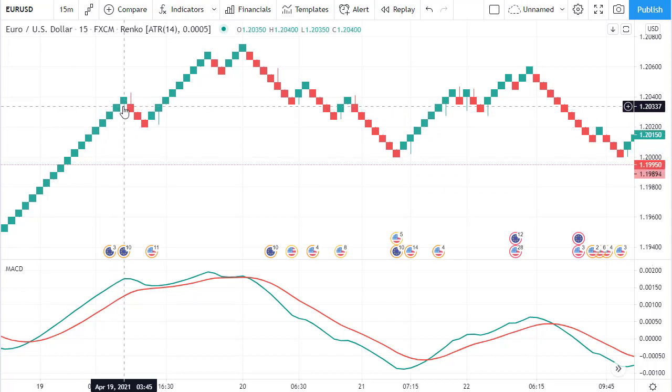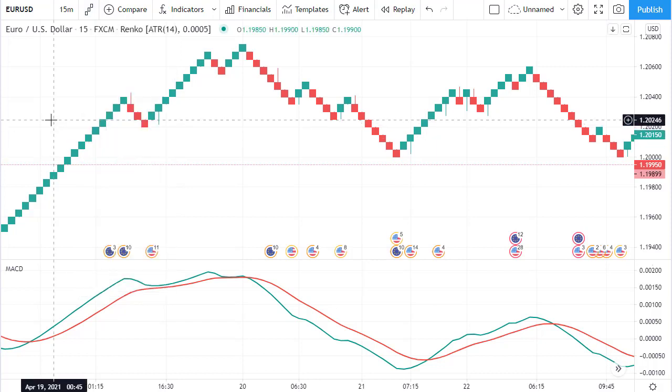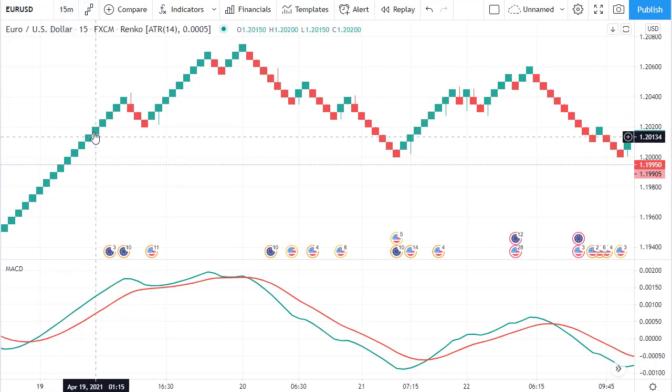But one of the secrets, if you want to call it that, or the secret sauce, is to use Renko bars. Now, Renko bars are not really connected with time. So that's the first thing that you need to know. So even though you have to assign it a time frame, each one of these bars, if you can look down there and see, 1:15,